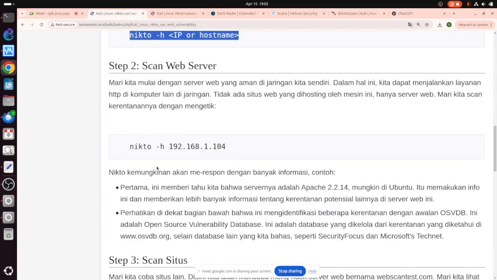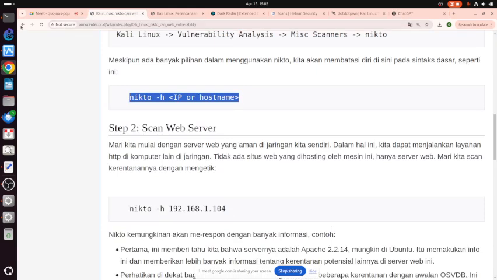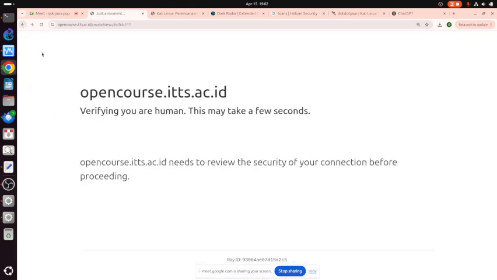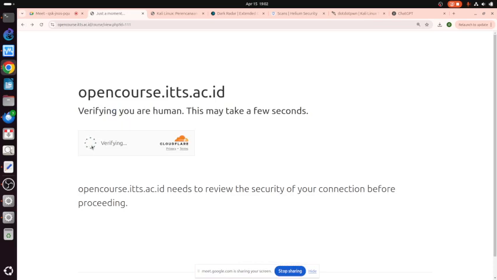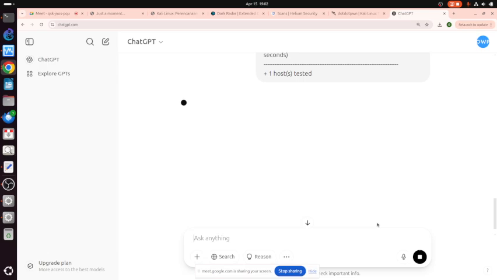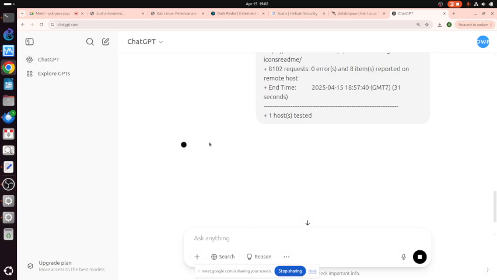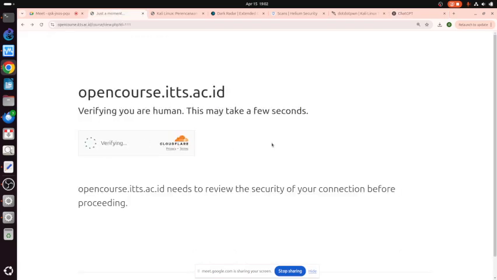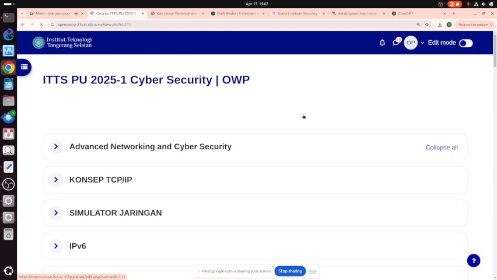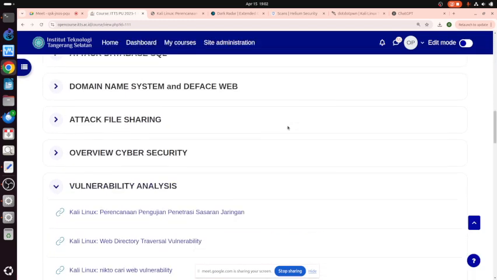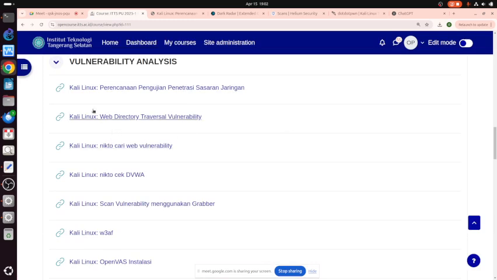Let me see again. So there are several other examples here. But I have to install many things. Oh, it takes some time to make it human readable results. So we have seen this, but this one has no results yet. We have this one. This is the same thing using Nikto, but we attack the DVWA.